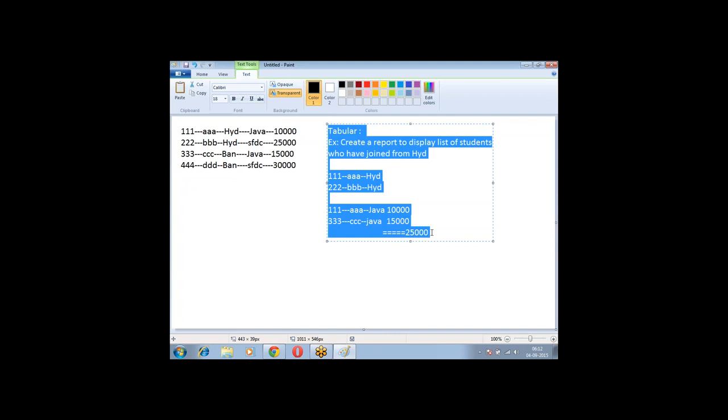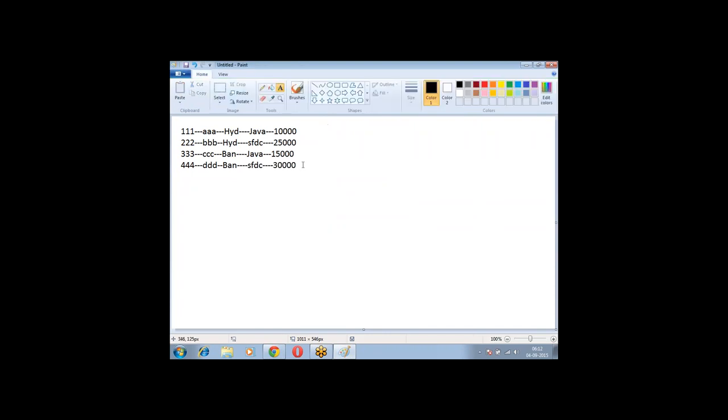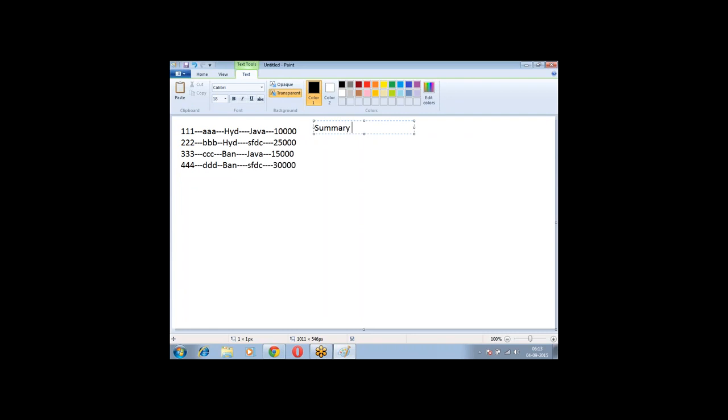When you are going with the summary report, when I say summary, summary is nothing but group by a field, group by field values. When you say group by a field value, let us take this context. I want to group the list of students based on city. In that context, we have roll number,